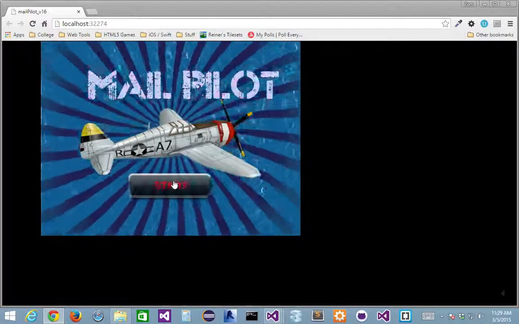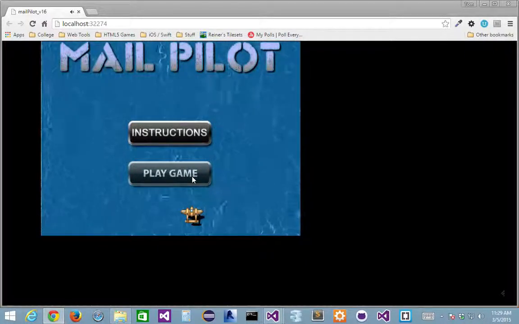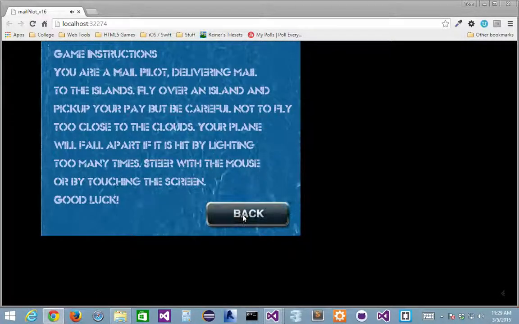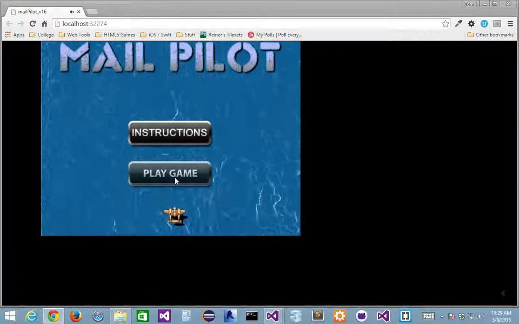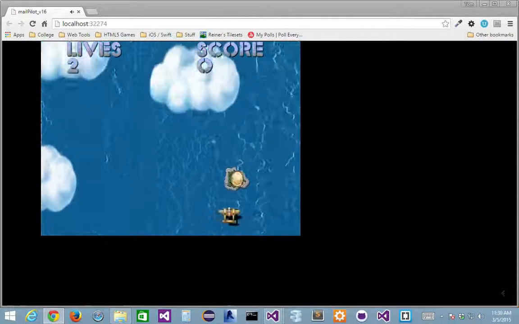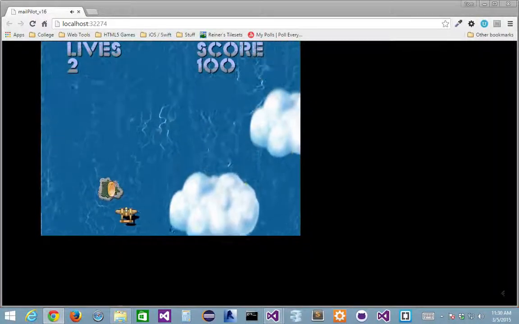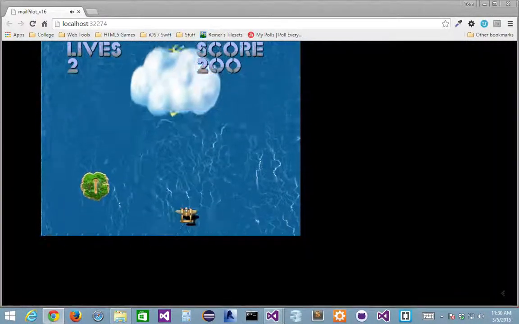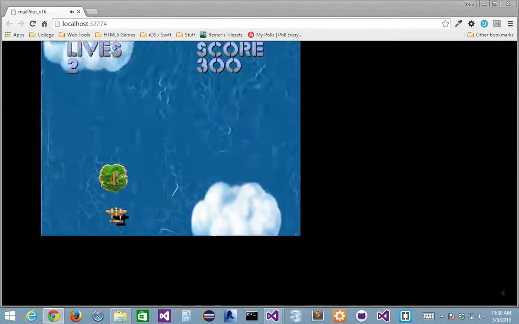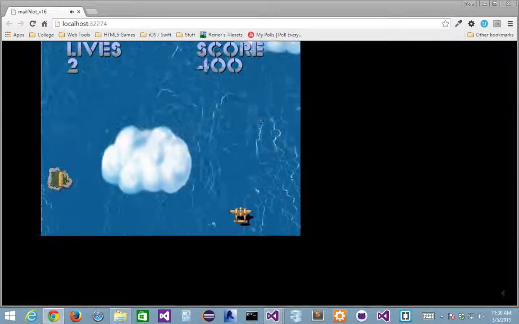So if I start the screen, soundtrack, right? Instruction screen, basic instruction screen, back, play, right? A little bit of explosions, different kinds of sounds. And if you notice, it's a little bit better. The score and the text is bitmap text. We'll talk about how to do that. I've got an animating button,